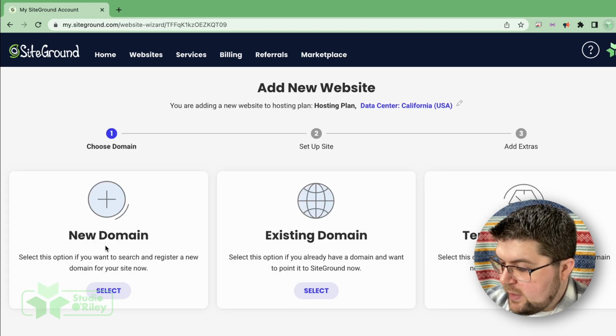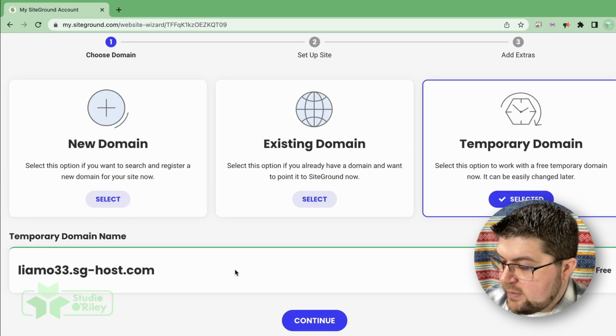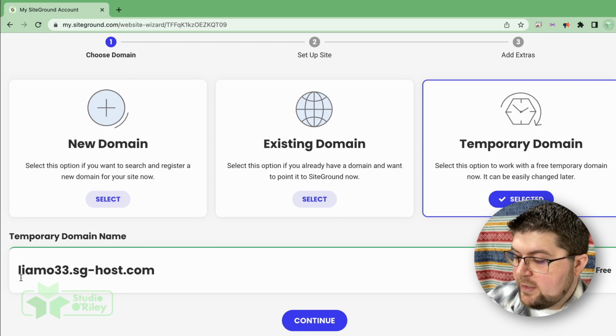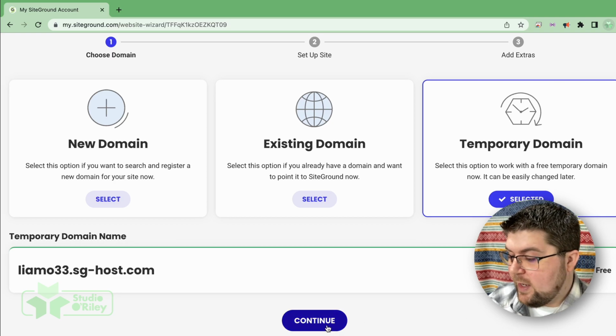We can choose now, do we want to use a new domain or an existing domain or a temporary domain? Since this is just for a tutorial, I'm going to select a temporary domain, and then it gives us our temporary domain right here. As you can see, it's pretty long and unyielding. The domain is usually going to be your first name, last initial, and then the number of websites you've set up to this point, obviously, .sg, which stands for SiteGround-host.com. And as you can see, it's free, and I am all good with that, so I'm going to hit